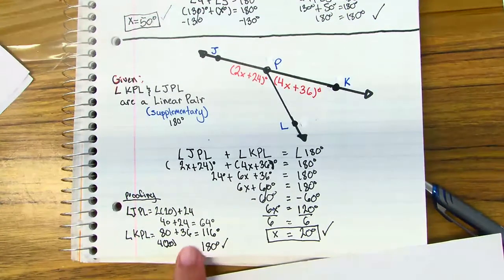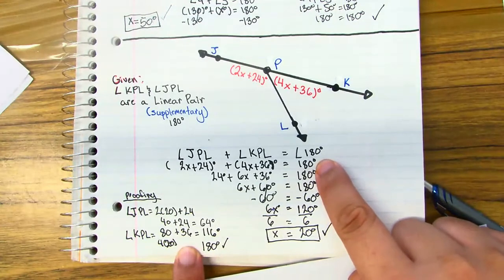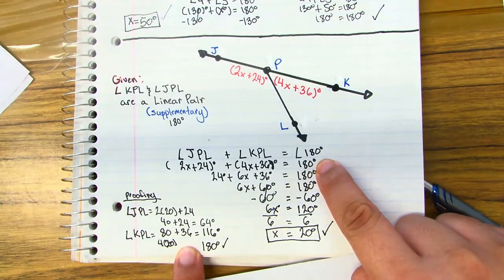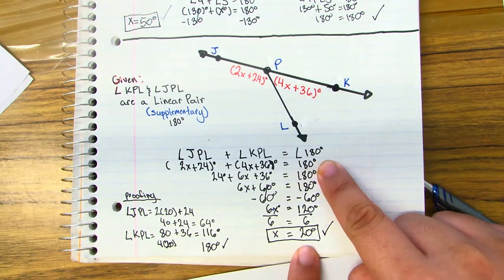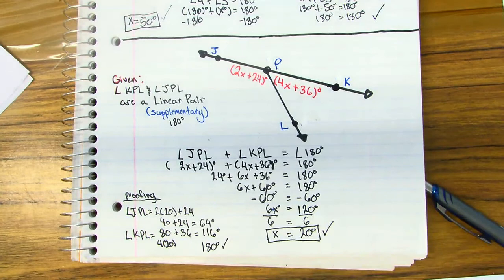Okay. So this checks out: when you add these two together, it equals the linear pair value, which is 180. Then you know that x equals 20 is the correct value that you're trying to look for. Okay, and that is it for